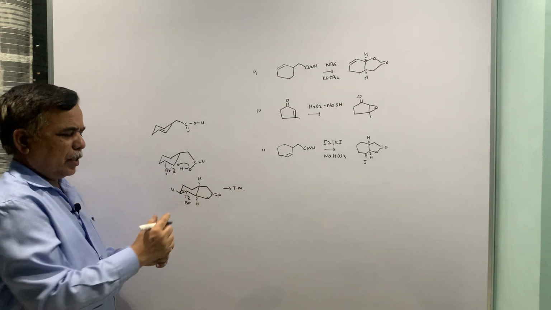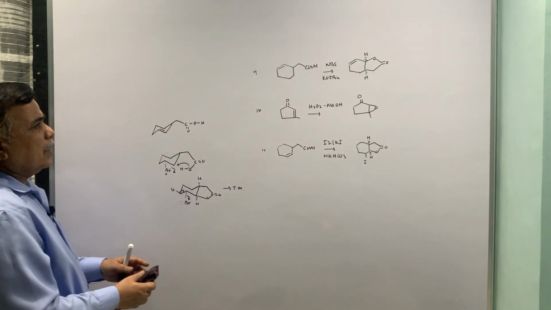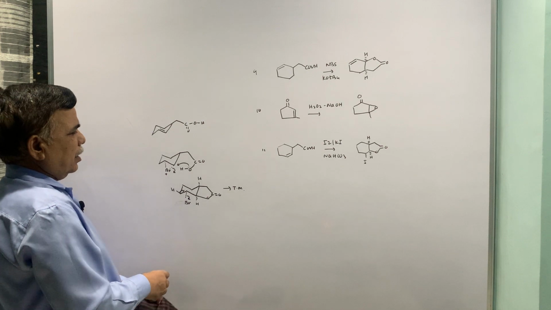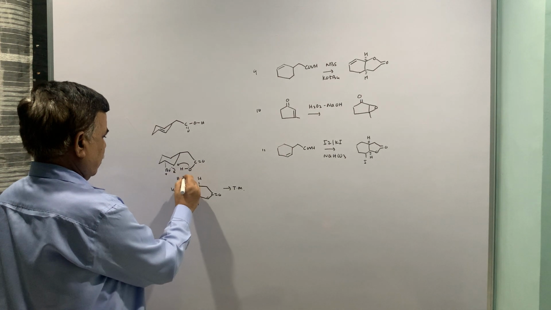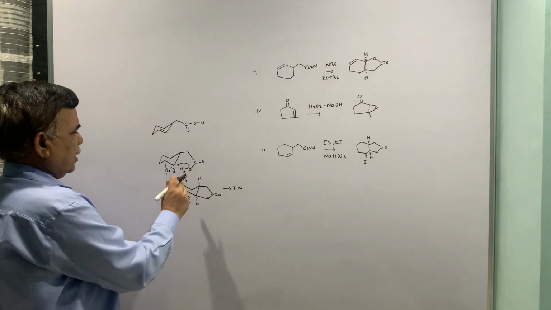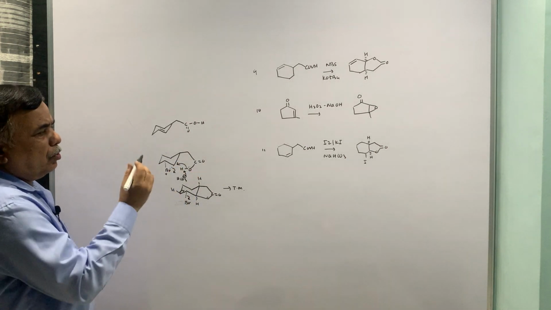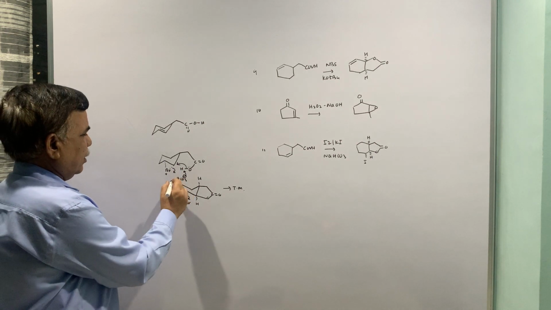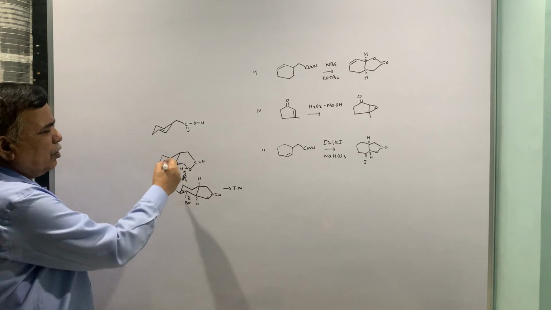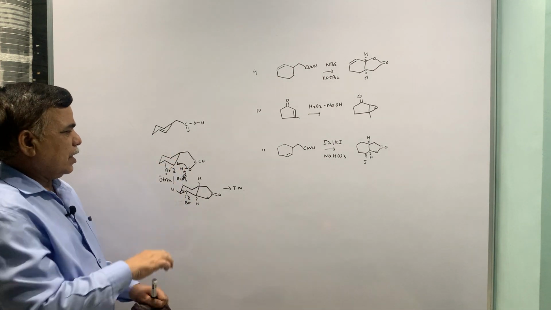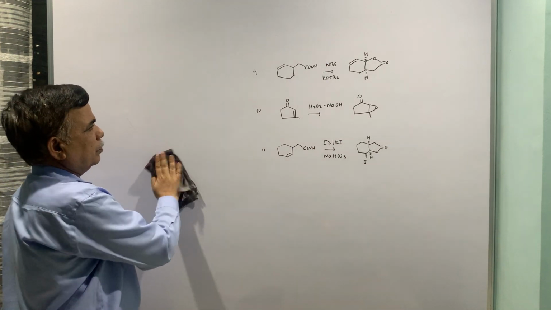For this you may have to write another chair showing that this is axial and all, but that elimination is there. That elimination is possible because this is all catalyzed by the base, which abstracts a proton, and eventually the O minus attacks. So, the role of that HCO3, or in this case it is tertiary butoxide, is to abstract the acid proton and facilitate this kind of ring closure.